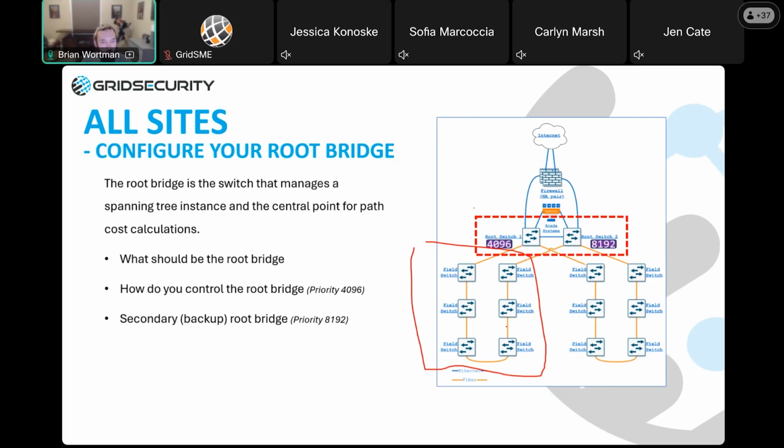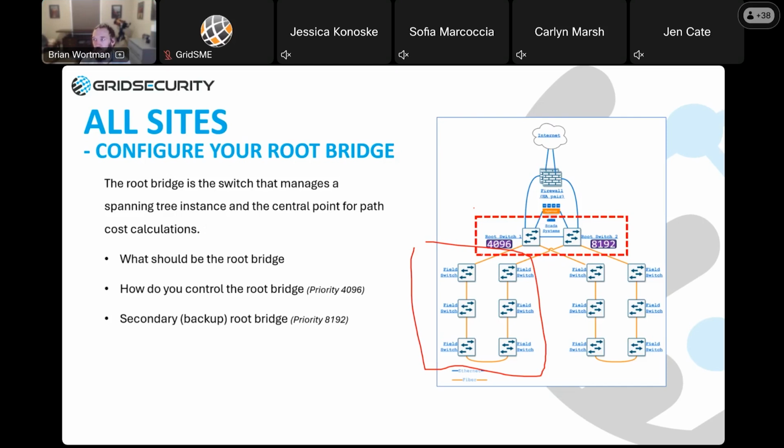That may not be the case out in the field, of course. But how do you control the root bridge? The root bridge is controlled through setting what's called the root bridge priority. The lowest priority is always going to win. Bridge priorities are set in multiples of 4096, from 0 to 65,535.